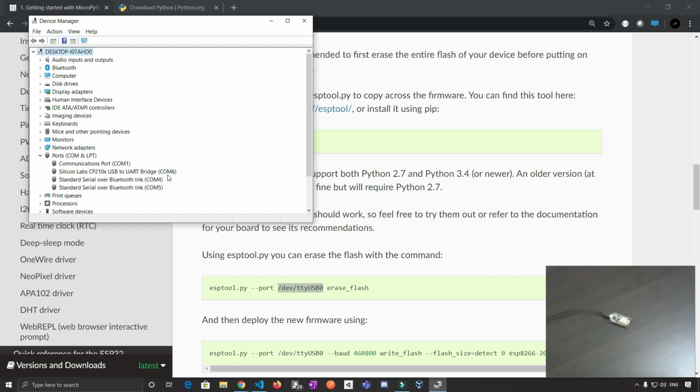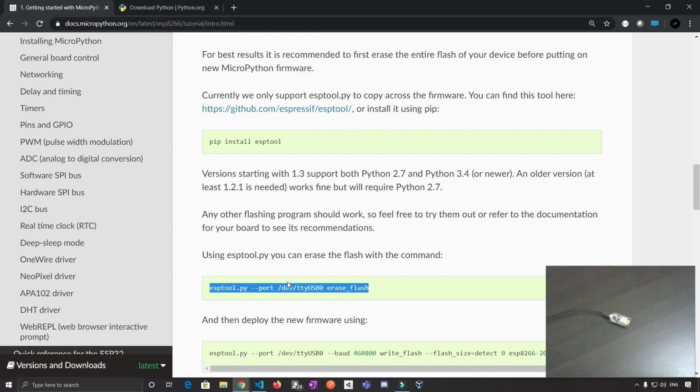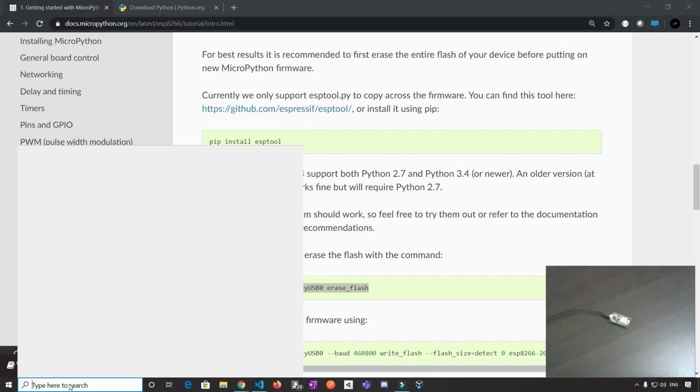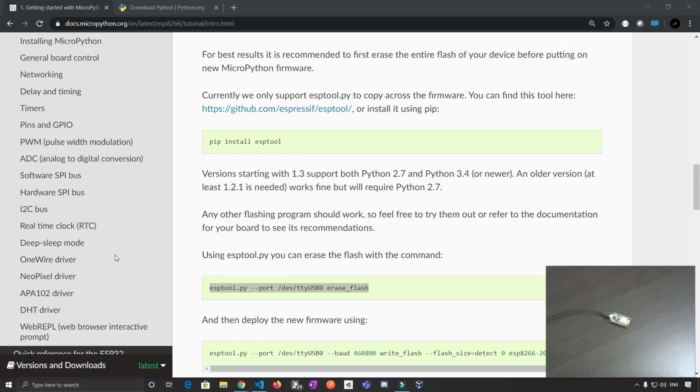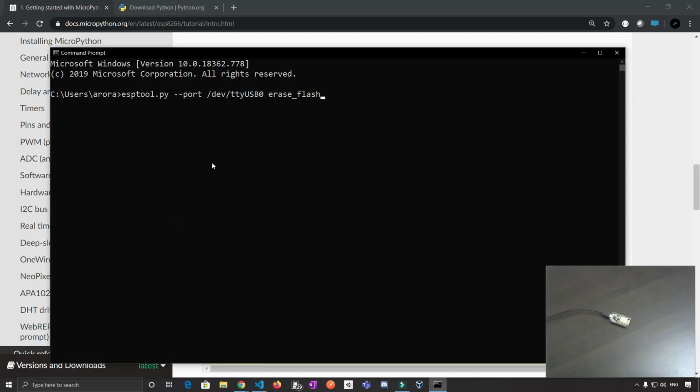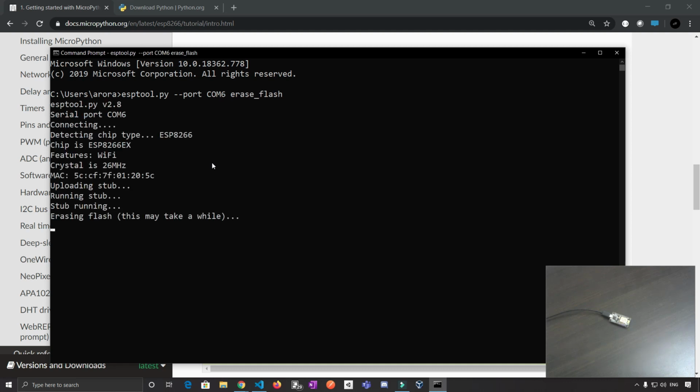So that means my port is COM6. Okay, so copy this command and open the command prompt again and paste this command here and replace this with COM6. Press enter and it will erase the flash of the ESP board. Okay, so we are good with this.